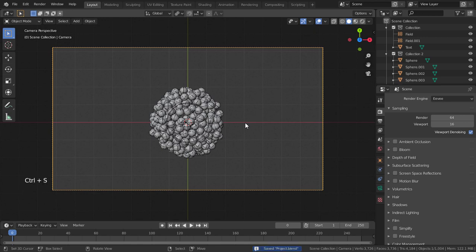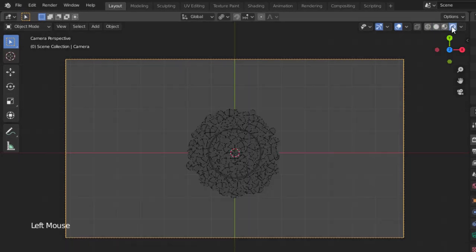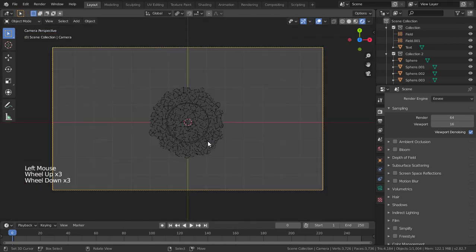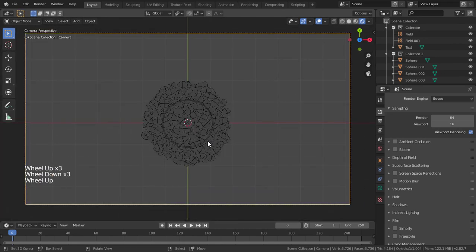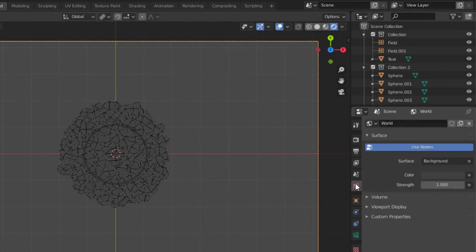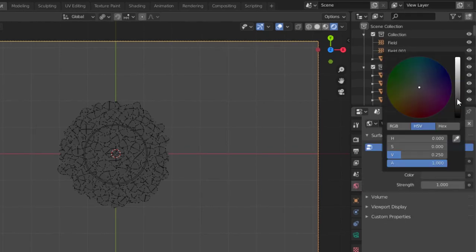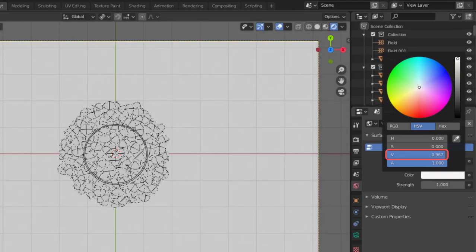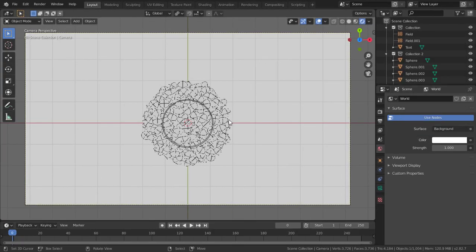Now we need to create the materials for these objects. First change your viewport into rendered. And you can see, it is totally ash colored. Go to the World Properties, and click the color value under the Surface drop-down, and set the V value of it to 1. Now you can see, your viewport is totally white colored for your scene. It gives a white colored lighting effect for the Blender world.